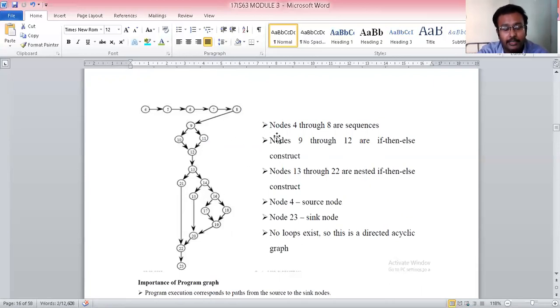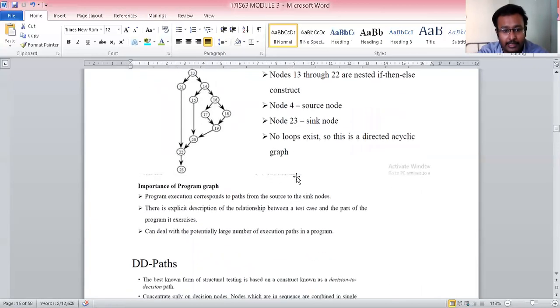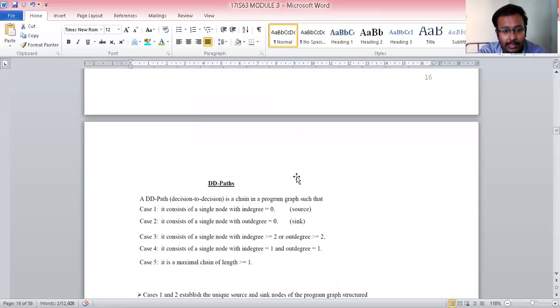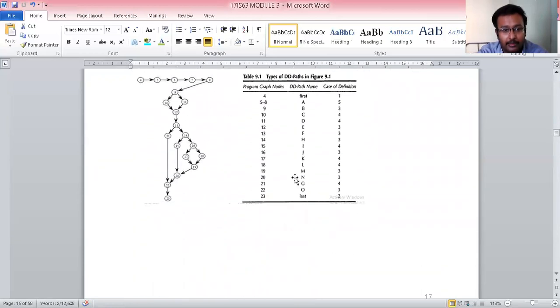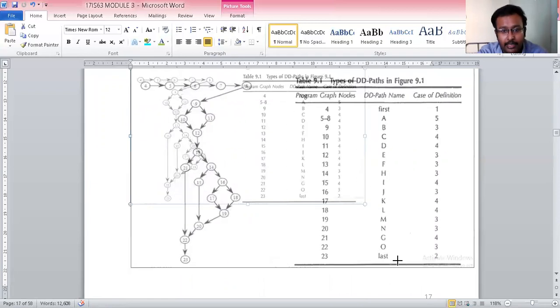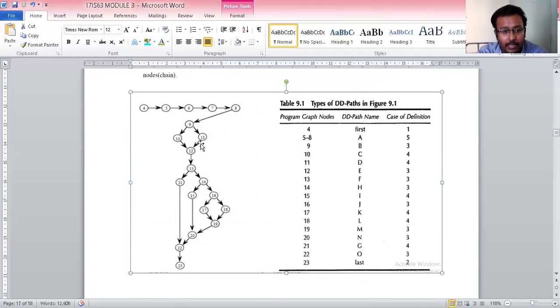To generate the definition to definition path from the program graph, first you should identify the nodes in this program graph and classify them into type 1, type 2, type 3, type 4 and type 5 nodes. If you classify like that, finally you will arrive at a table like this. The graph on the left hand side is the program graph, and there is a table with 3 columns.